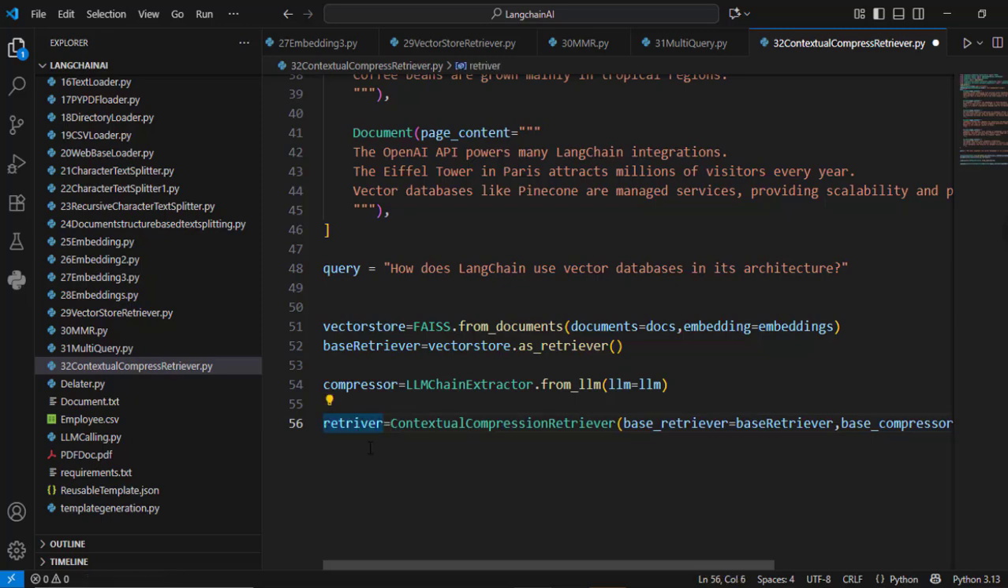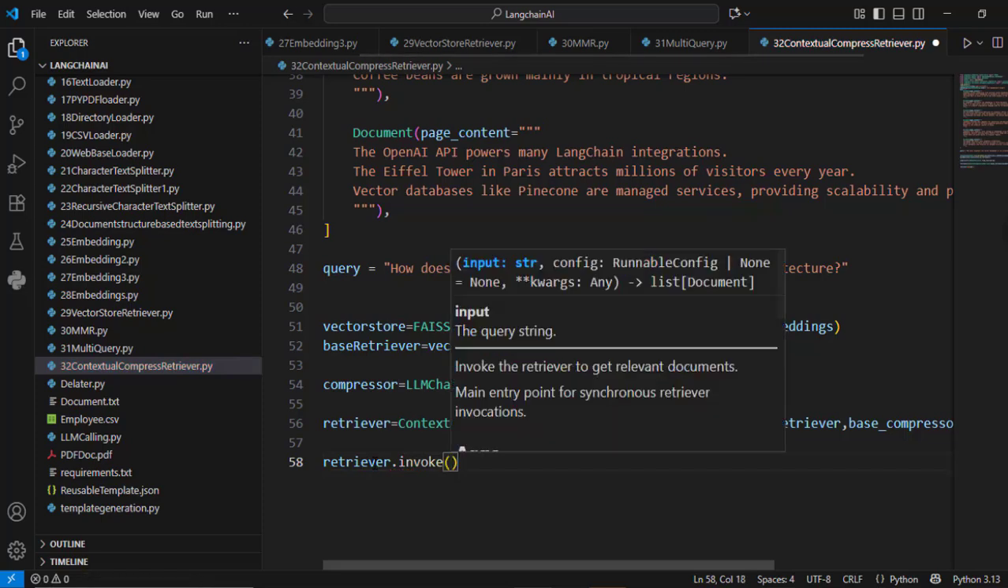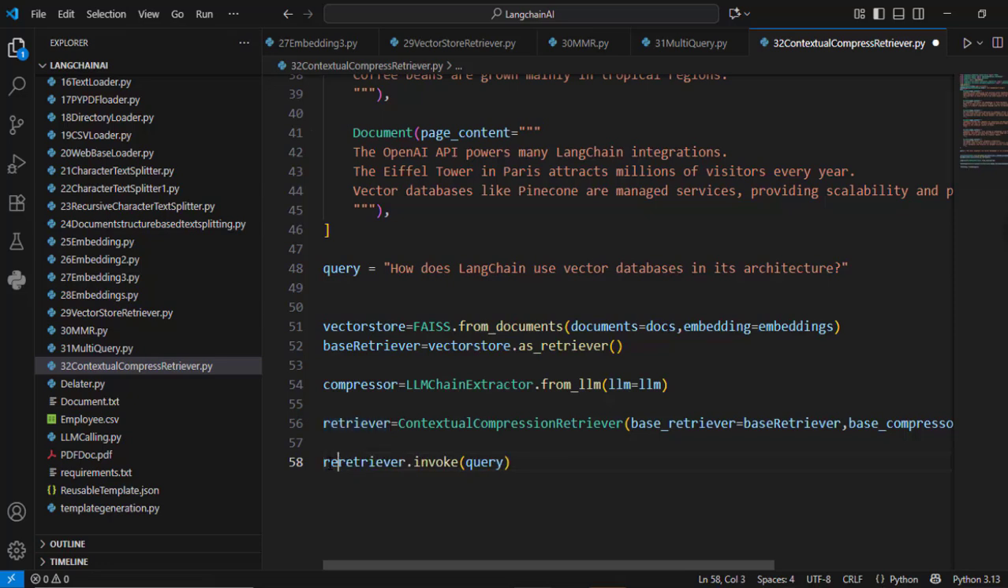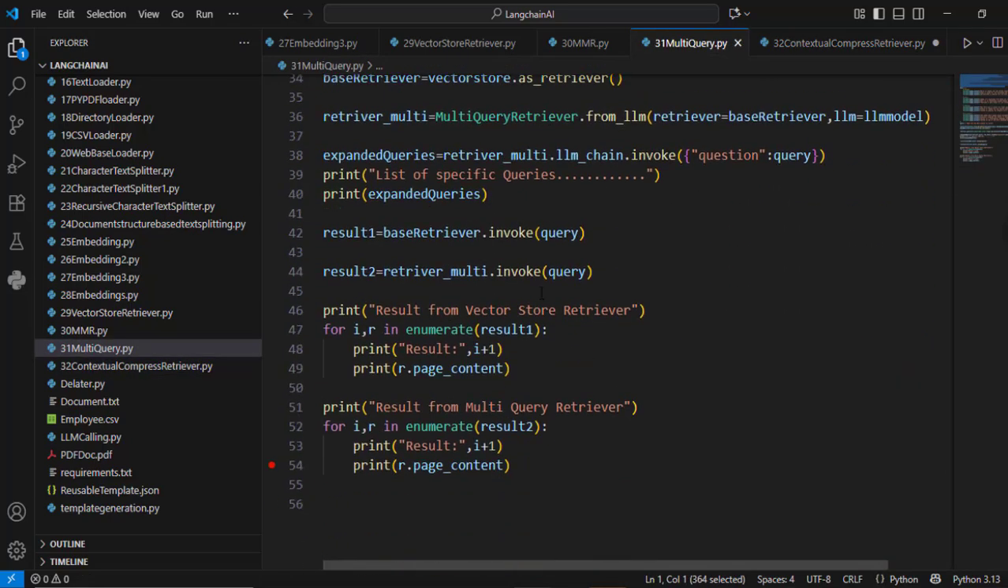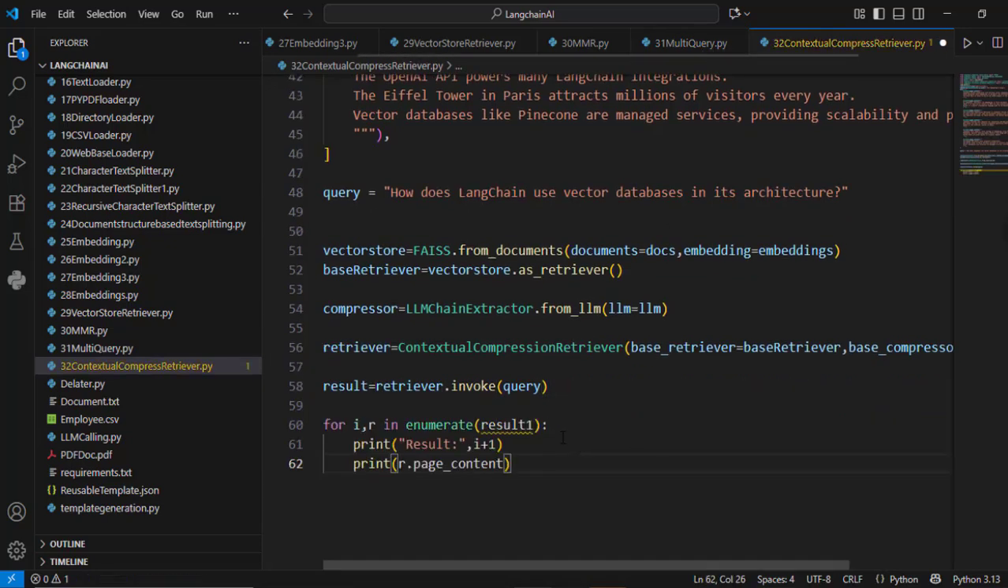So that's fine. And now I will be going to invoke the retriever, and I will be going to pass my query to the retriever to get the result. And now I will be going to display the result. So to display the result, I am just copying the same command from the multiquery.py and paste it here. So instead of result1, I will be going to do result, and I will be able to display the result. So if I run this now,